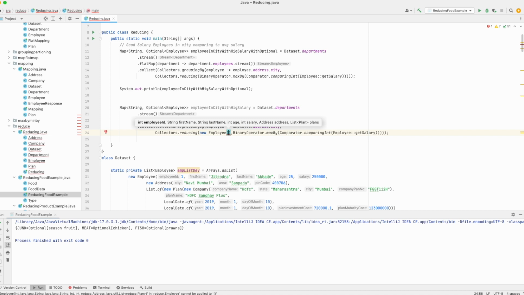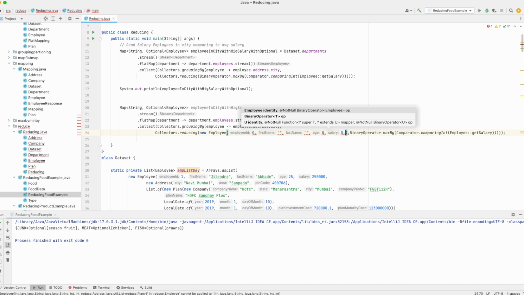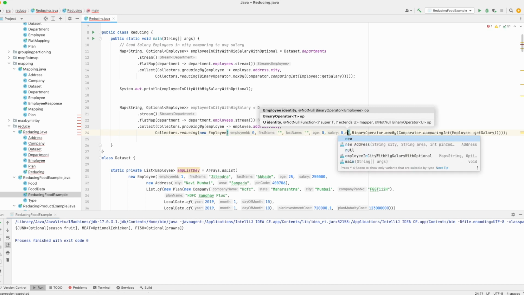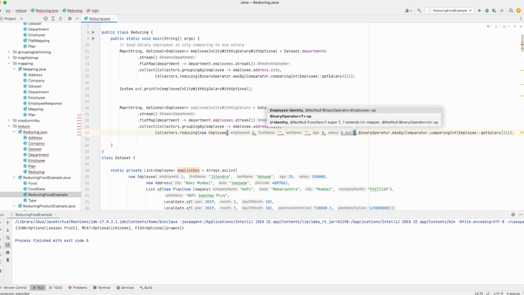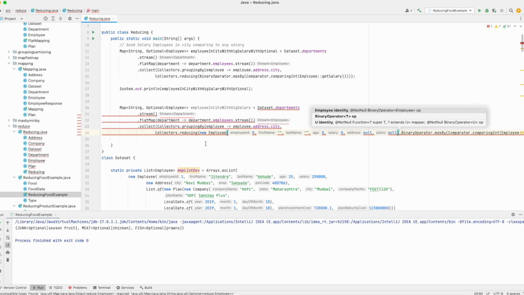And here I pass it 0 id, empty, again 0, empty, 0, 80, salary 0, this null, what it is, address null, and I think policy is null. Okay, and now if I collect this,